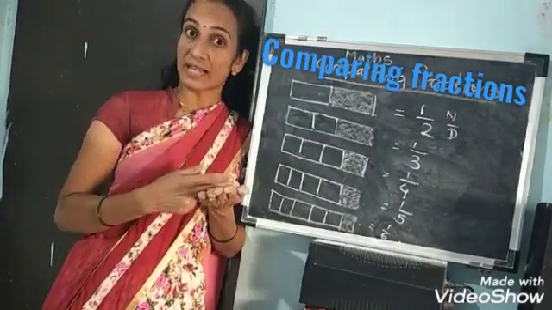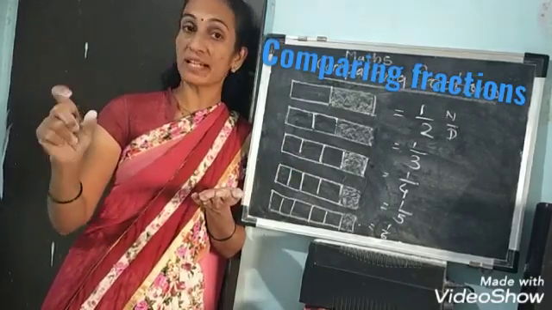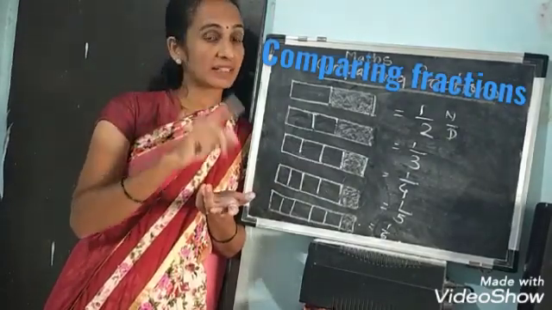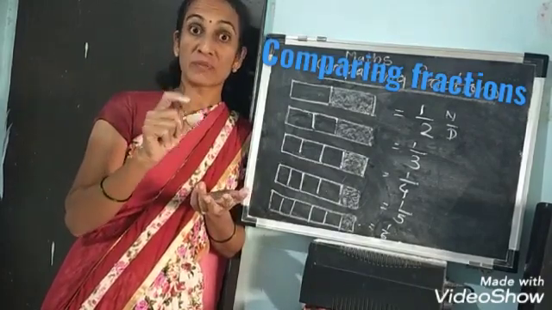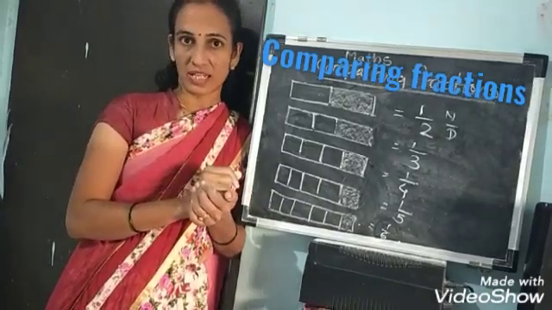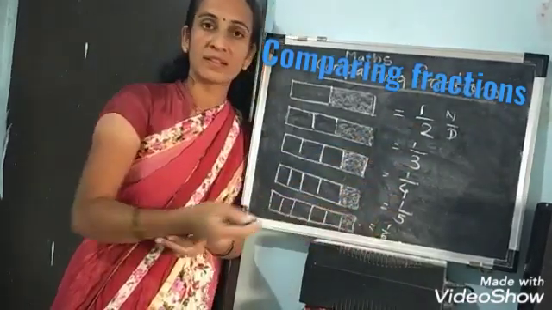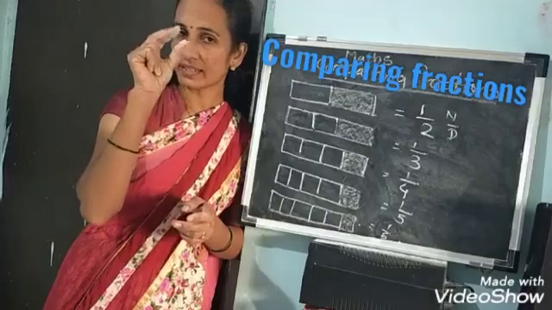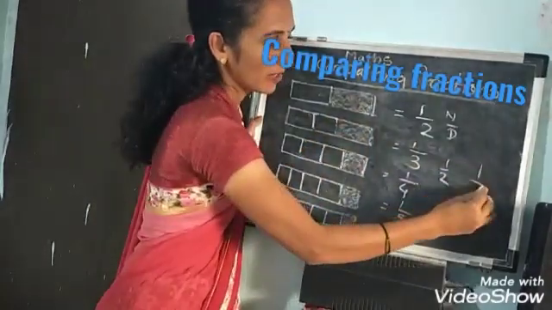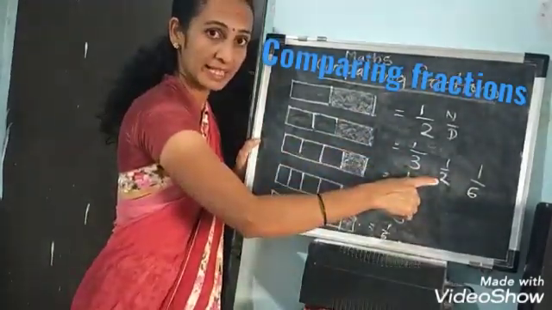Of course, the boy to whom I gave one of 2 equal parts will get more Cadbury, because only 2 equal parts were there. And the child who got one part from the 6 equal parts will get less Cadbury. So what is funny here? If the downside number, the denominator, is bigger, that fraction is smaller. Then see, 1 upon 2 and 1 upon 6. Which is bigger? Of course, 1 upon 2 is bigger.